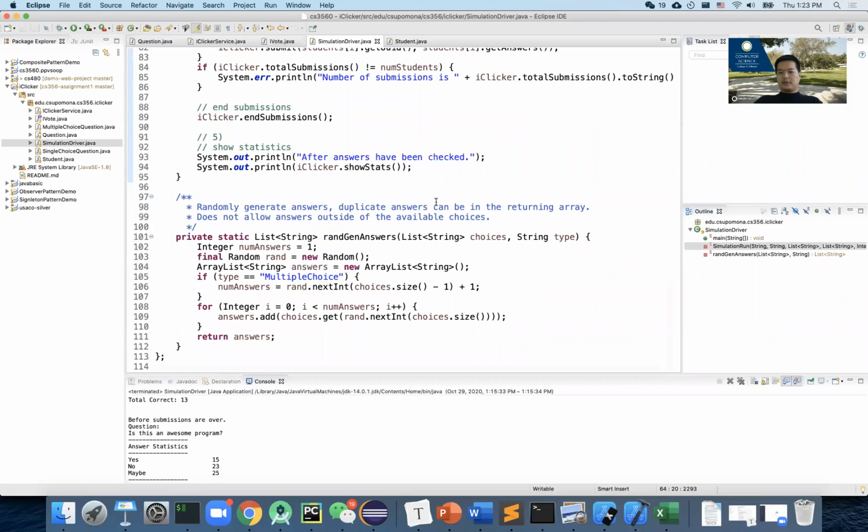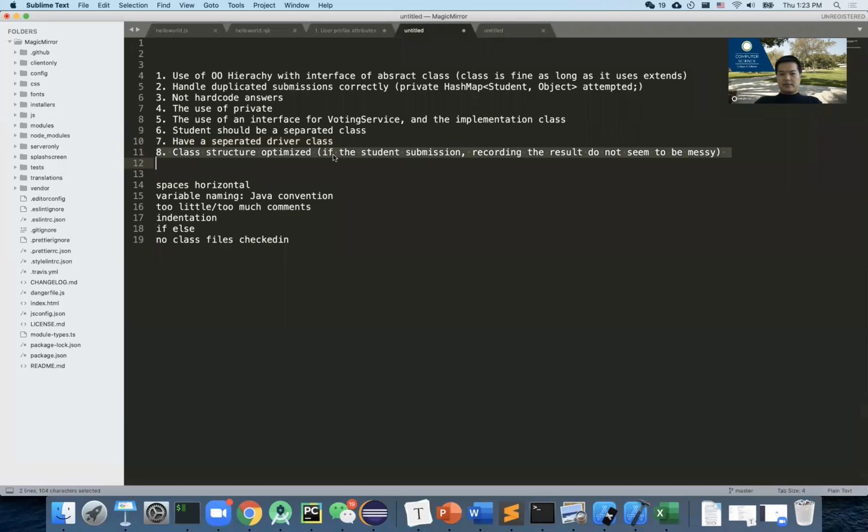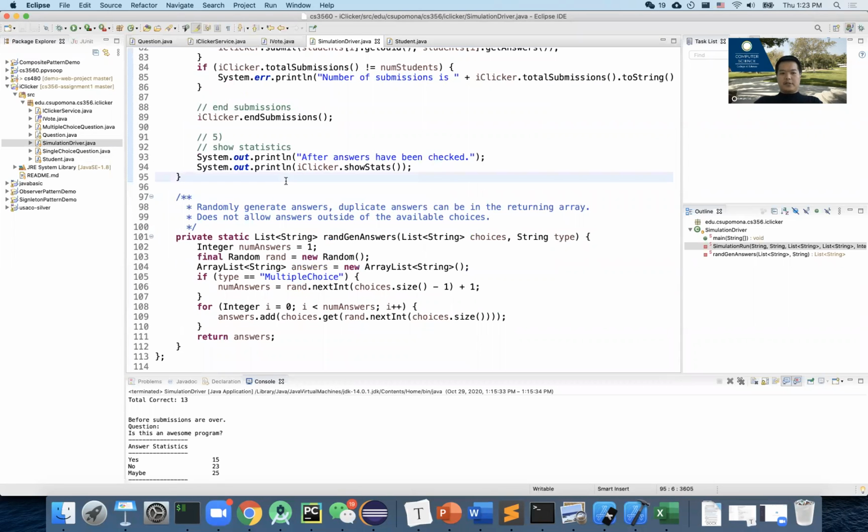Functionality wise, I think everyone got it. We're mostly focusing on the design and then architecture. All right, and then also the submission. Again, a lot of you actually did the implementation, but when we look at your submission logic, recording things,